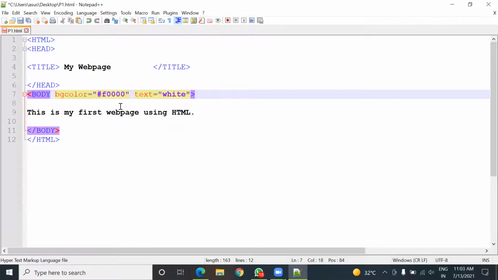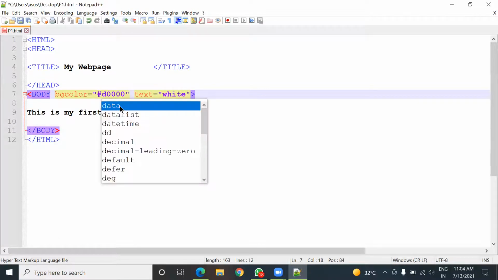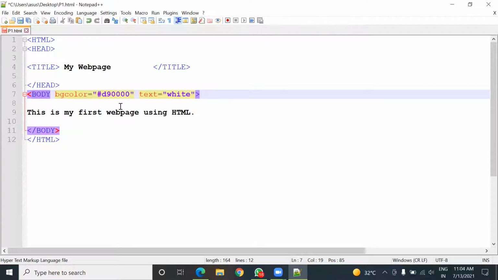Now I'm going to decrease its value. Instead of writing FF, I'm going to use the first one as D and the second one as 9. Again, both these digits are from hexadecimal. So here D means which digit in hexadecimal?